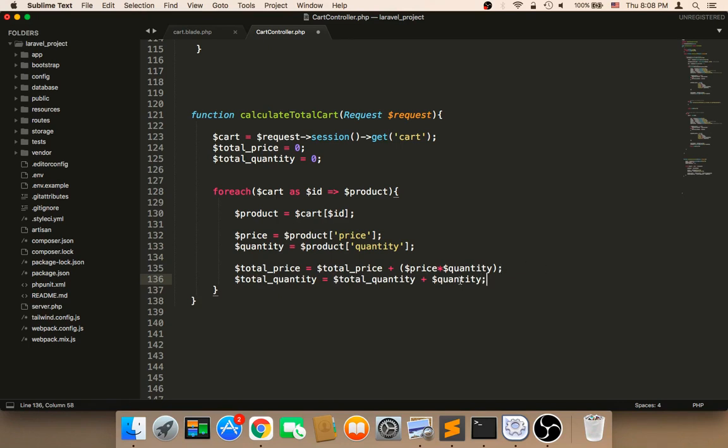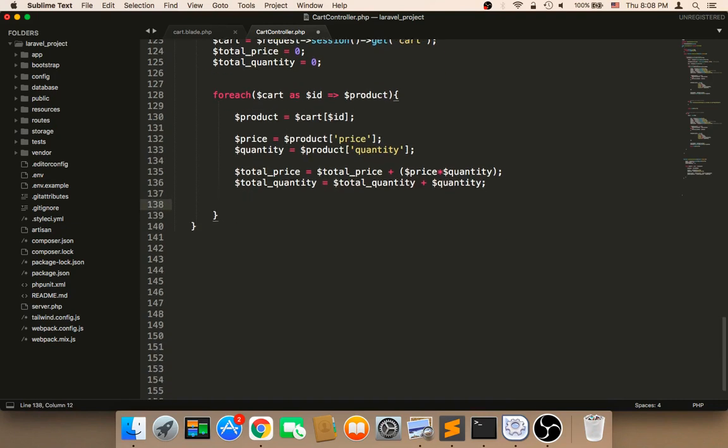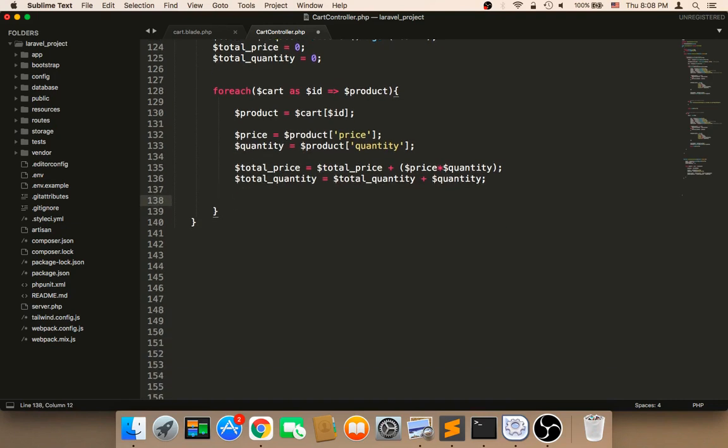However, the quantity is not important. What's important is the total price, but the reason why I calculated the quantity is because sometimes you might want to display it, or do something else with it, such as